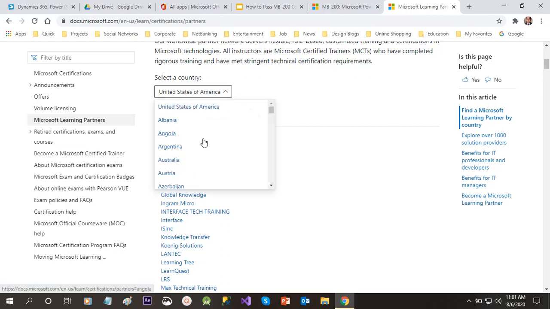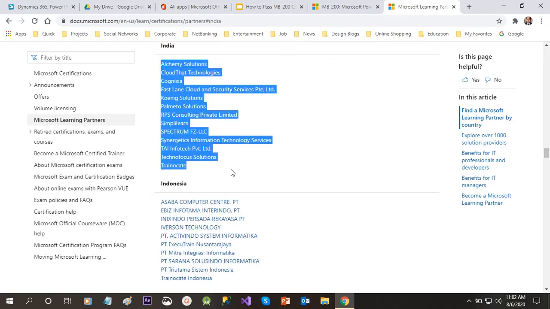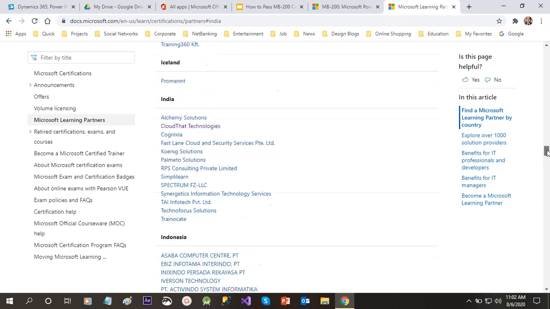For example, if you choose India here, once I have selected this, you can see these are the institutes which are learning partners of Microsoft, who are giving trainings regarding this MB200 certification. Okay, so you can go through, and they will charge some price, and you have to take coaching for